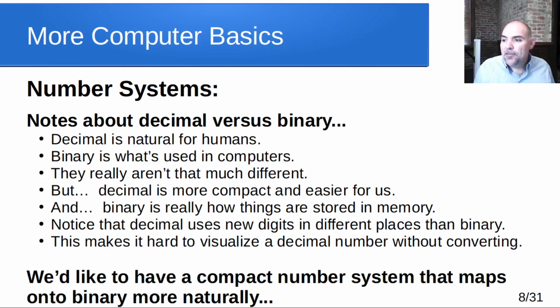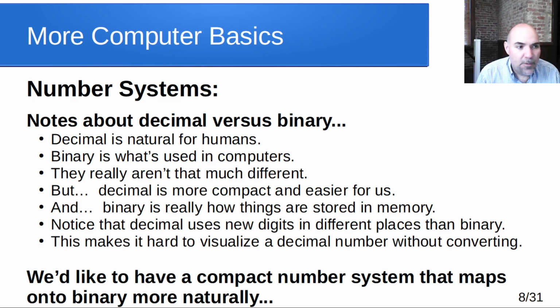Okay, so one thing to notice is that decimal rolls over to needing new digits in different places than binary. Decimal is more compact, it's easier for us. Binary is really how things are stored in the computer. And that can make it hard to visualize a decimal number without its binary representation, without doing the full conversion